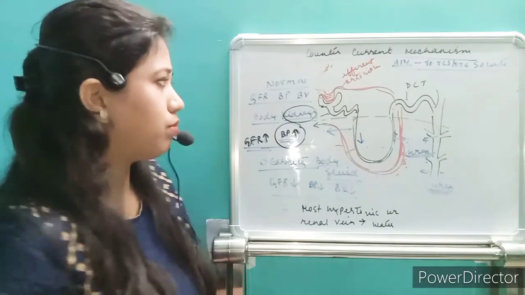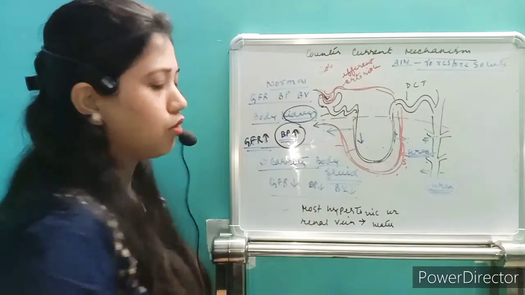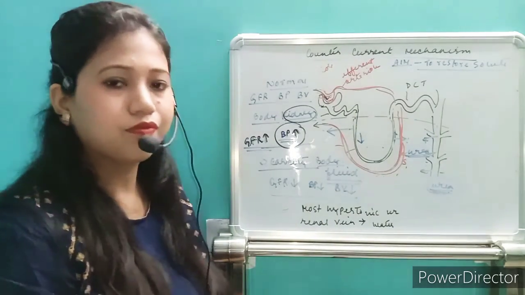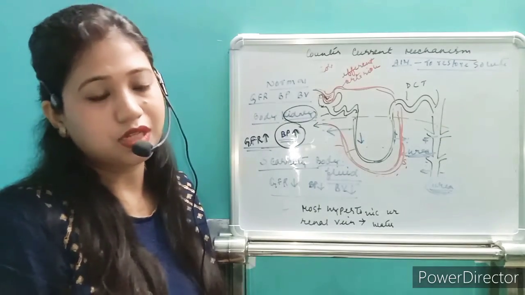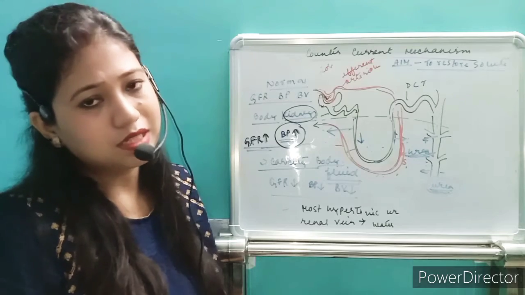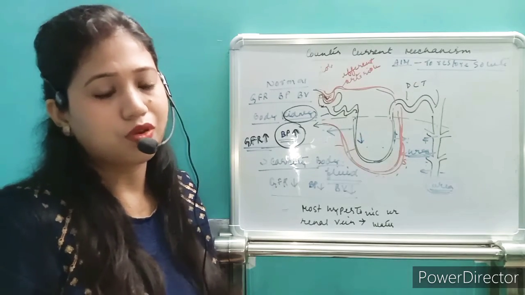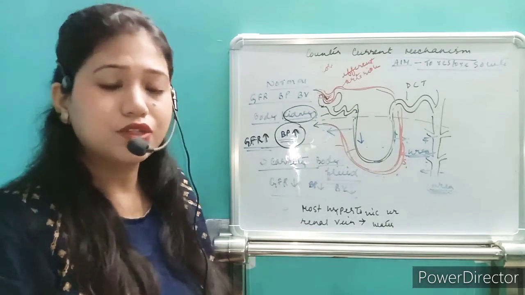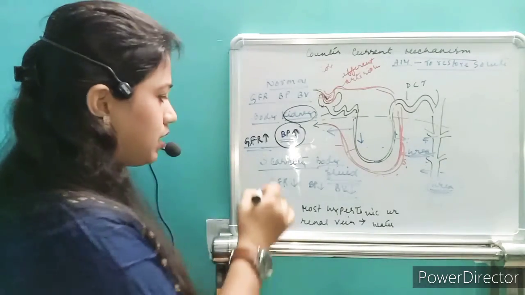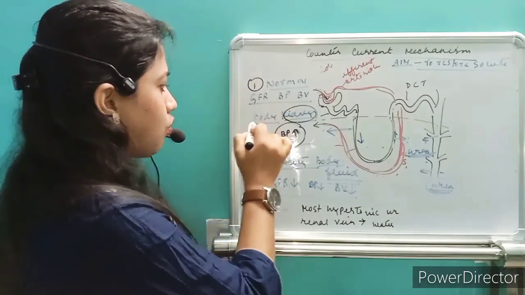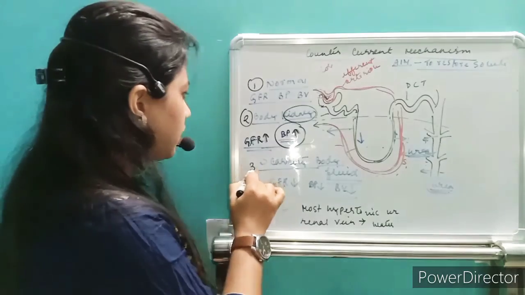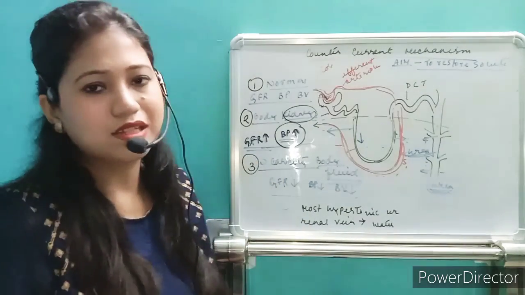With more and more pressure, the blood will enter into the glomerulus, and it is possible that the Bowman's capsule completely fails to function. So in this condition, an individual having high BP may have some kidney damage, or it can permanently lead to kidney failure, right? So this is the first condition, the normal condition. Next condition, if the individual has high BP. And third condition, suppose that individual has scarcity of body fluid.